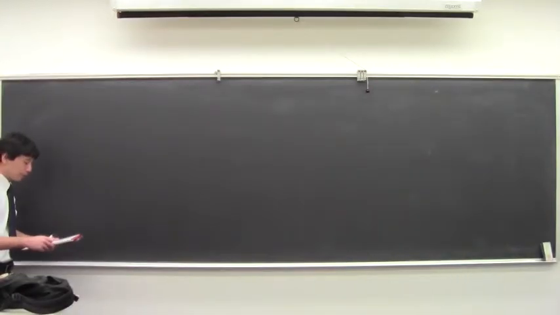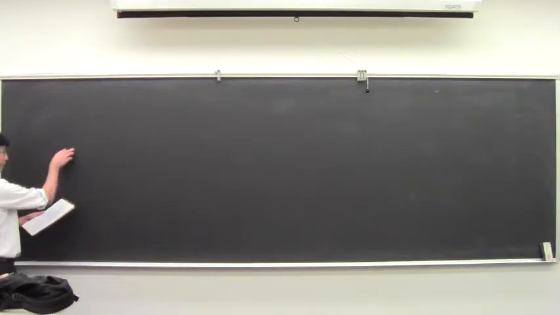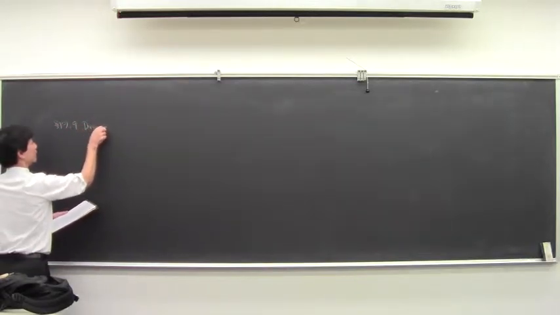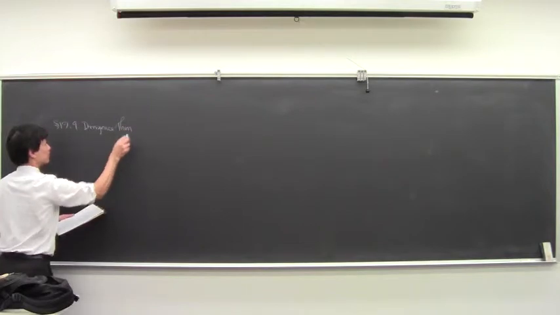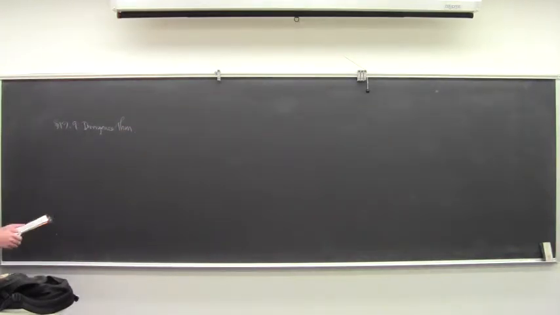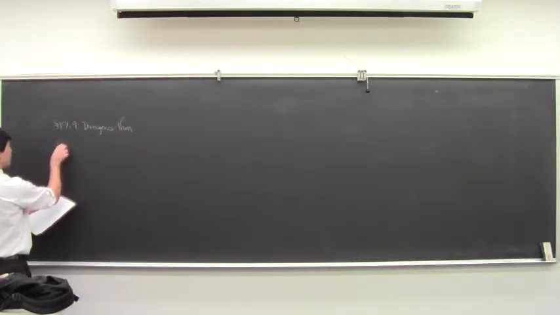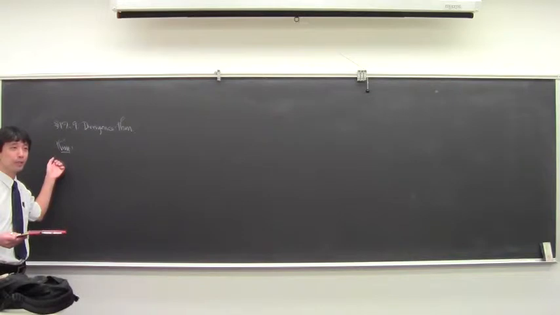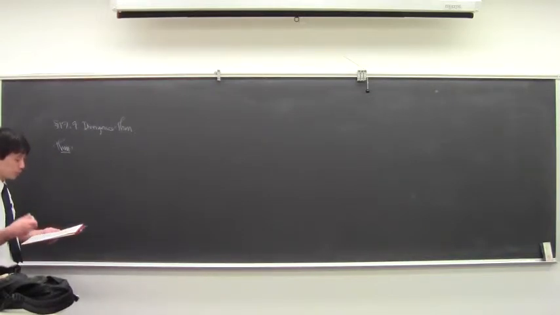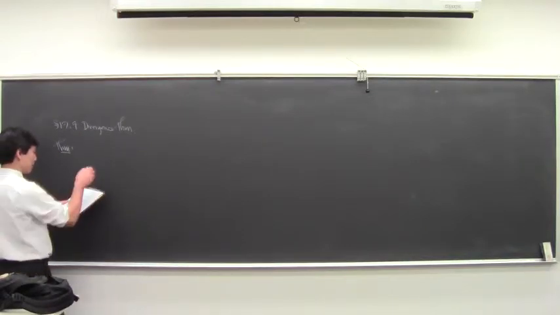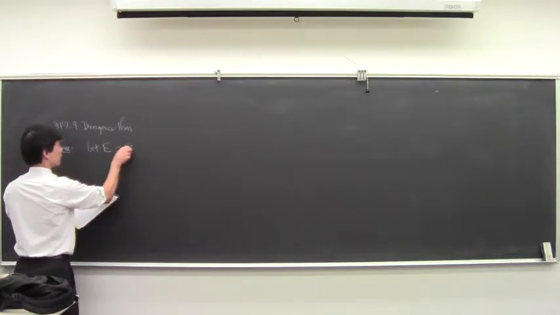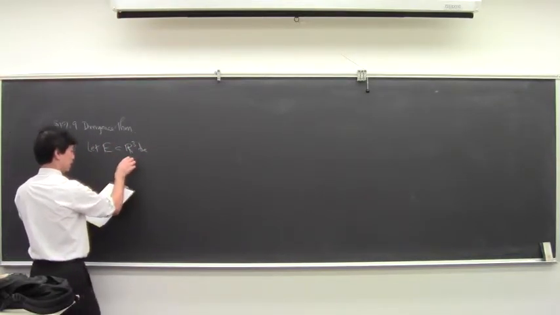Okay, so 17.9, the divergence theorem. As we said, it's basically the flux-divergence analog of Stokes' theorem. So it goes like this: let E be a